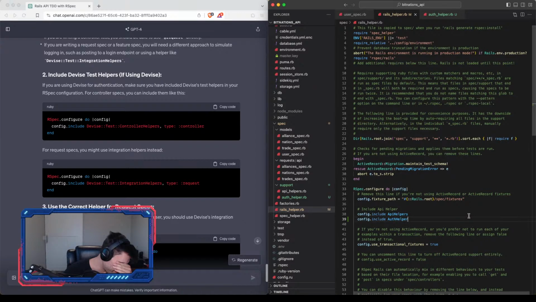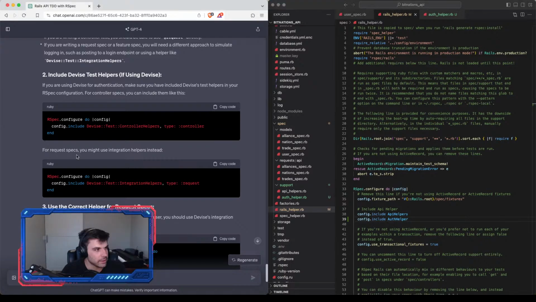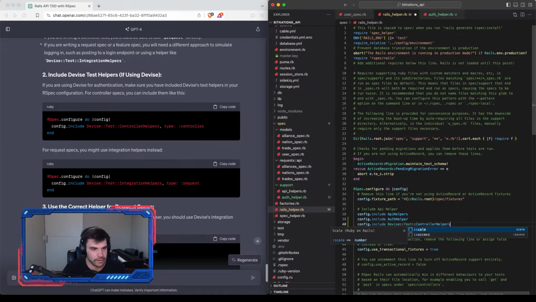If you're using Devise for authentication, make sure you have included Devise's test helpers in your RSpec configuration. For request specs, you might use that. Okay. Because none of that means anything to me. I mean, it kind of does, but it doesn't. Use the correct helper for request specs, but